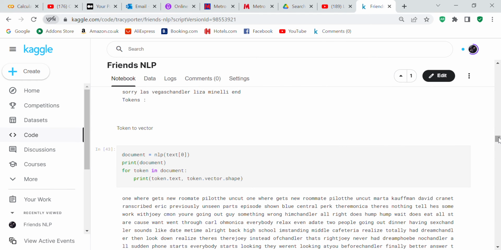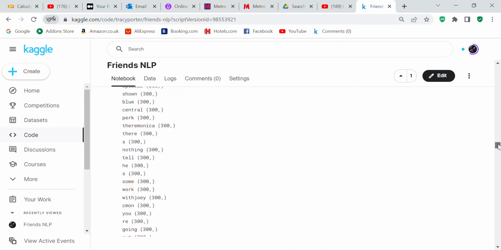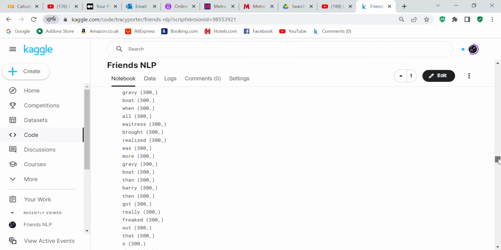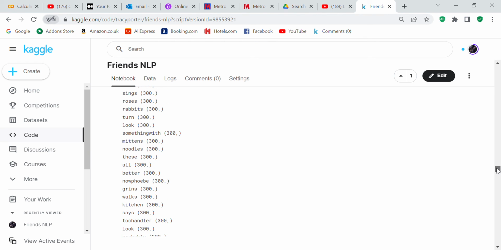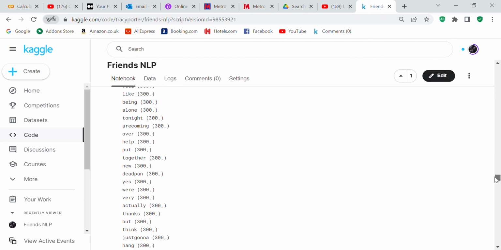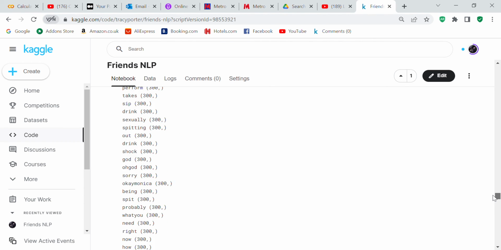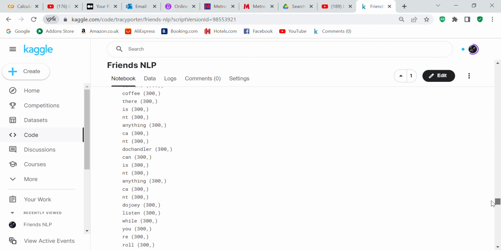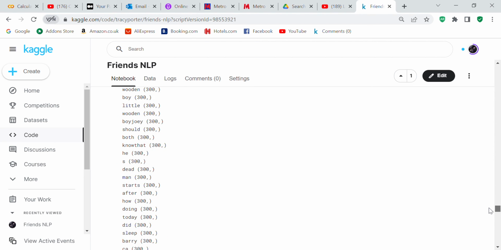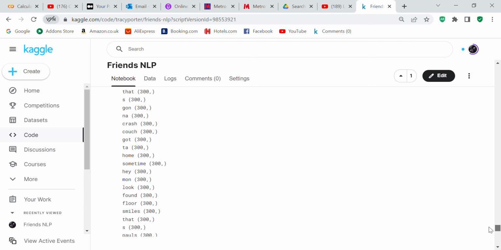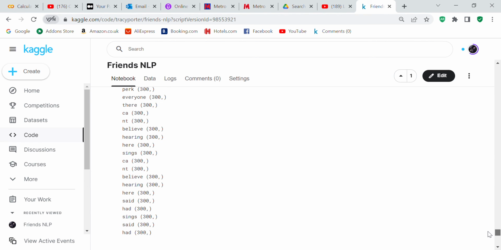So we're going to take the token and convert it to the vector. I'm going to do some work on this as well.